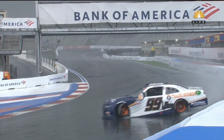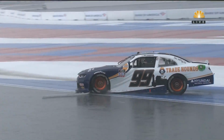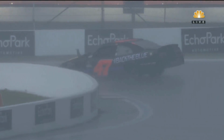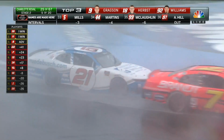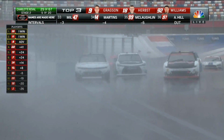Look at that. I mean, there's so much water on the racetrack right now. Yeah, that right there, that is turn 3. Now, NASCAR also has told us that they would evaluate when there's too much rain. If there's standing water in certain areas, that would be an issue. You mentioned the right sides. If the right side tires stayed on the curbing, then even though 90% of your car didn't make it, the